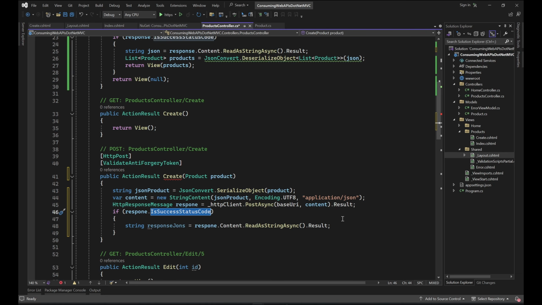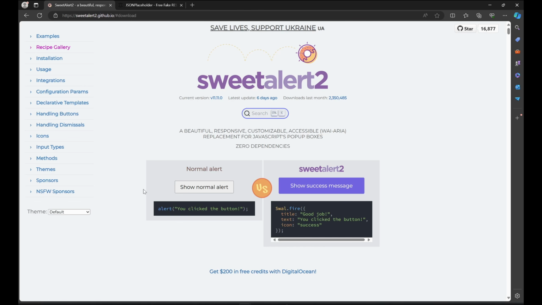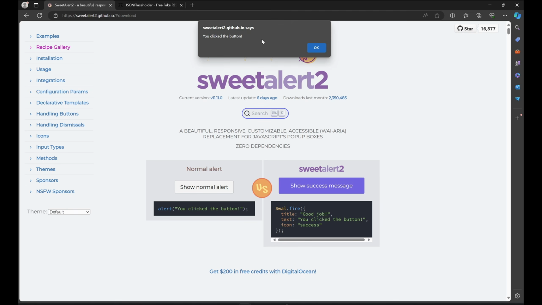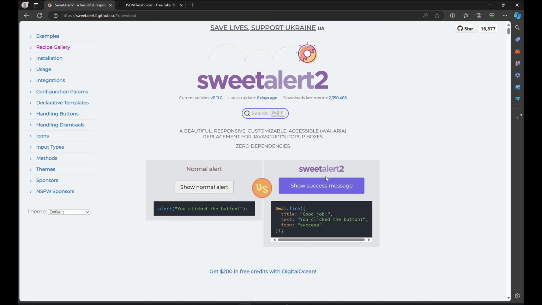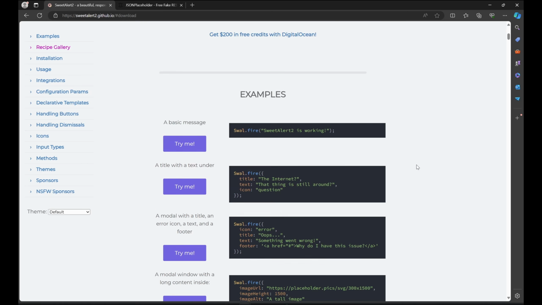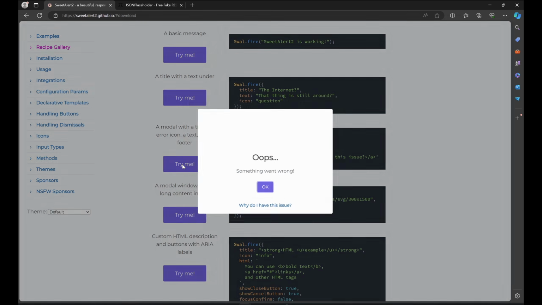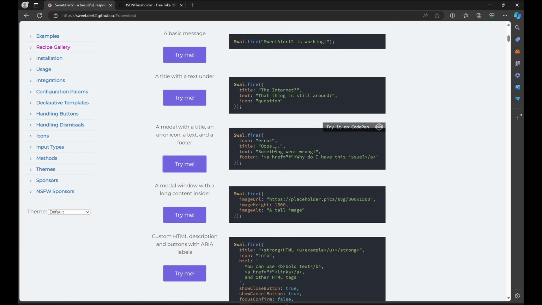pro tip. We are going to utilize messages in the form of alert. Normally, we are familiar with the alerts that are very boring. This time, I'm going to show you a very beautiful alert. Normal alerts are like this. However, we are going to utilize the Sweet Alert too. That shows a very good message. So it enhances the user experience. And we are going to utilize this one, but with a little bit of change. So going to copy this,